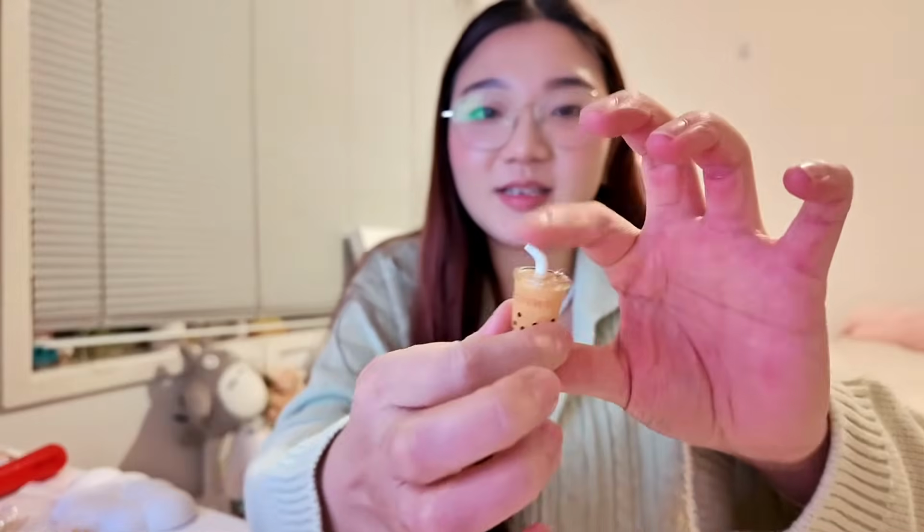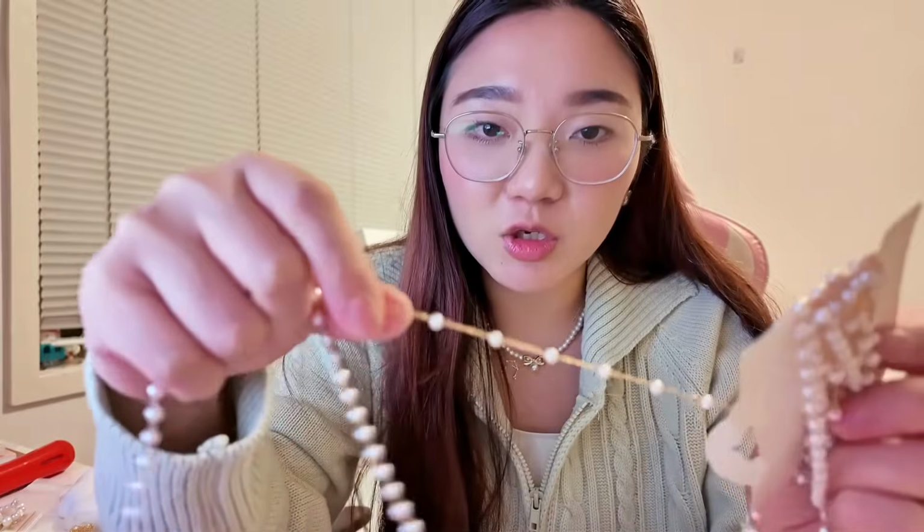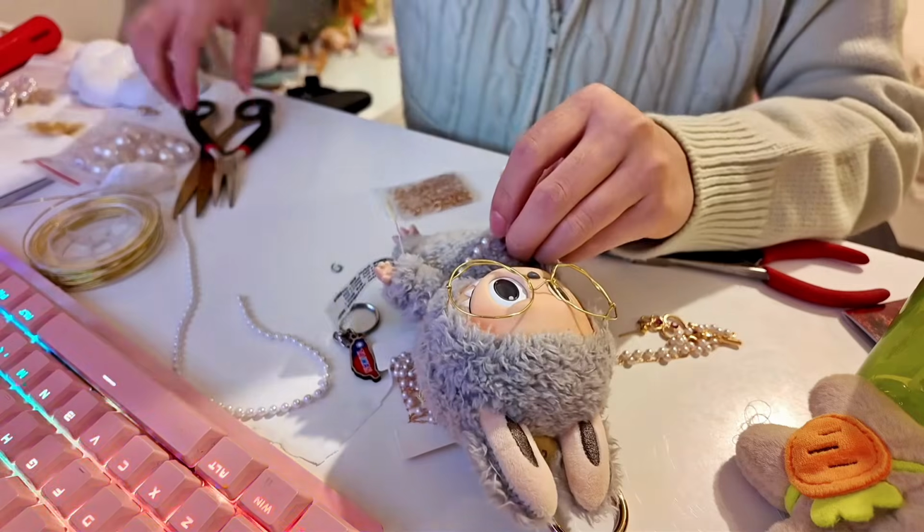Perfect. Yay, look at that. A cute little gold eyelet hook. I have two types of pearls. I have this one and then this one that has a gold chain, but I think I'm gonna go with this one just because I think it stands out a little bit more on the little Labubu. Like this